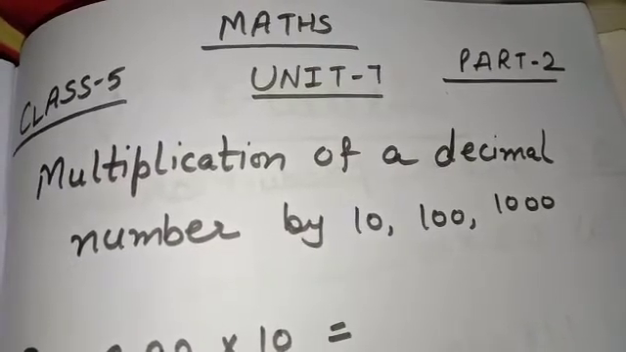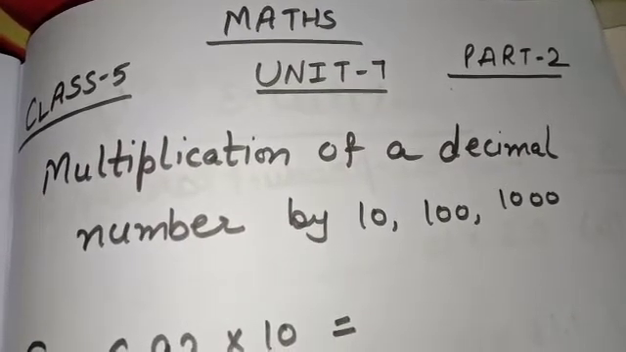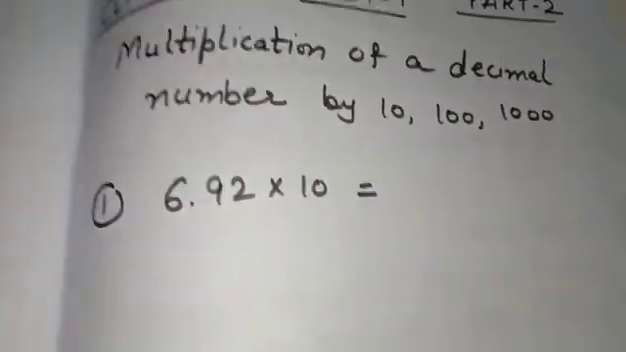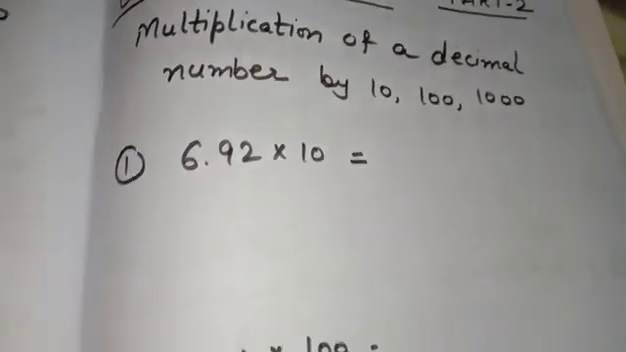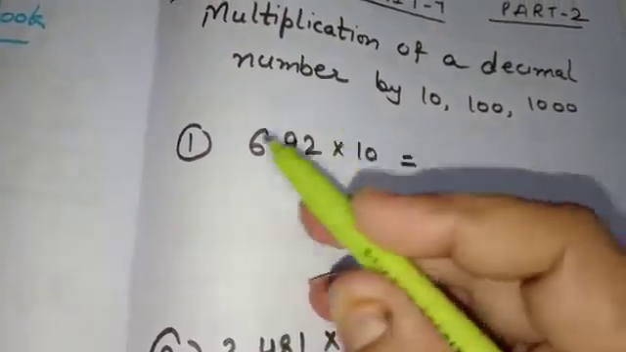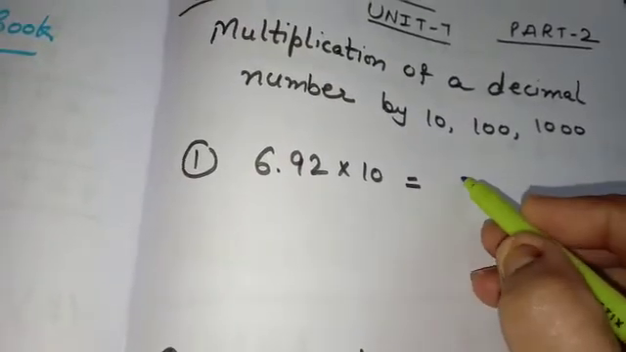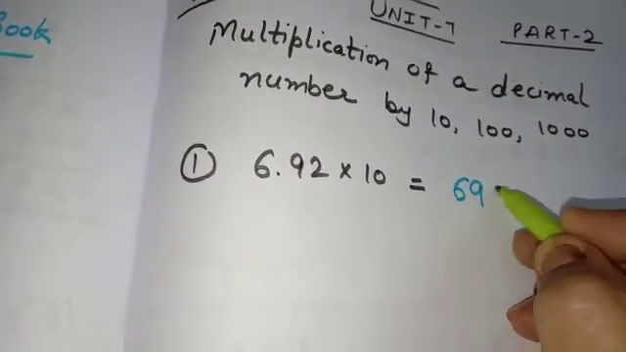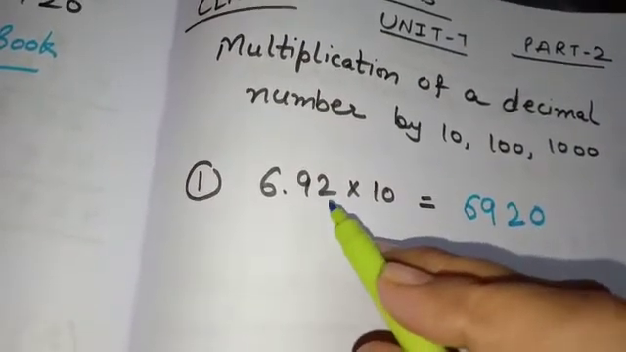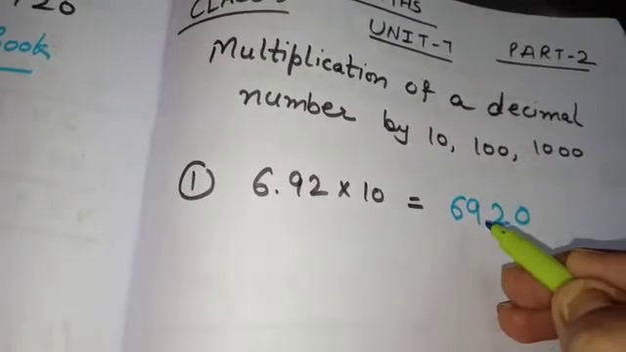Today we are continuing unit 7, multiplication of a decimal number by 10, 100 and 1000. Suppose we are multiplying 6.92 multiply 10. The method which we have learnt earlier, according to that we have to ignore the point: 692 multiply 10 will be 6920, and then mark the point by leaving two digits, as two digits are after decimal here, so the answer will be